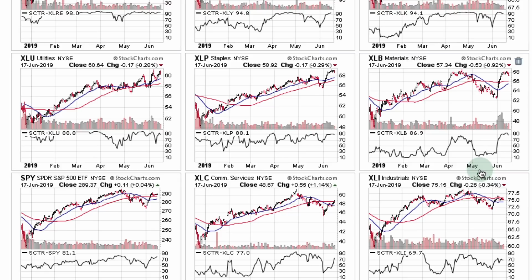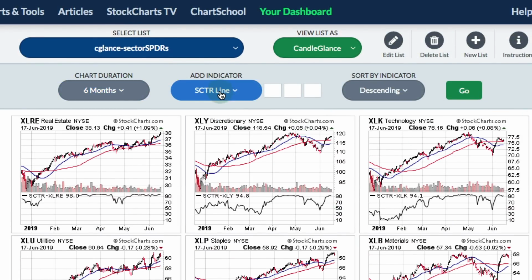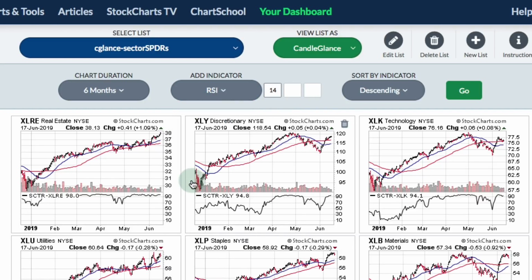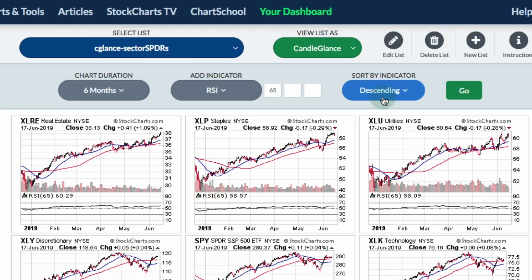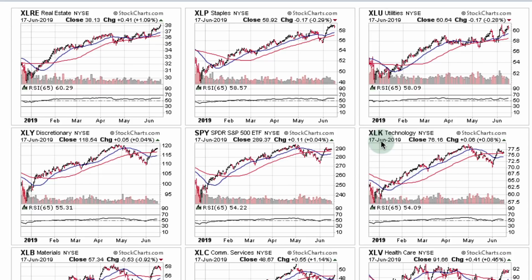mechanism when you got a little volatility involved because it's based in large part on the percentage above the 200-day moving average. But what I'm trying to do here is take out some of that volatility, kind of have a volatility adjusted relative strength. And what I would suggest is something like RSI. And I wouldn't suggest 14 days, something a little bit longer, say 65 days, which is 3 months. And then we can sort by RSI, and we can see this more jibes with the price action because the